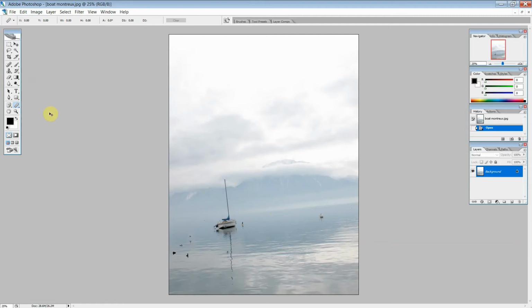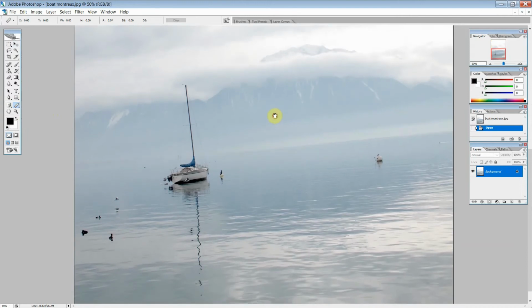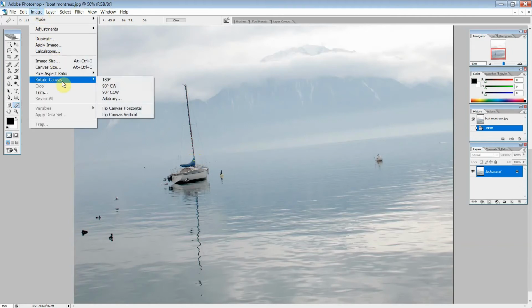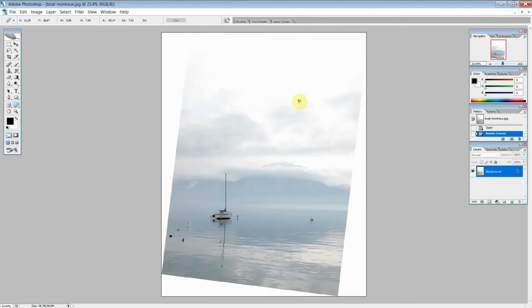now we can zoom in, Control++, hold down the space bar, that's it, click on the top of the mast, pull the thing down to the bottom of the mast, let go, Image, Rotate Canvas, Arbitrary, 6.9 degrees, click OK and zoom out. And now we've got a nice straight mast. The horizon is near enough straight, but it's a bit difficult to see, but at least we've got a nice straight boat. Now we can get the crop tool,